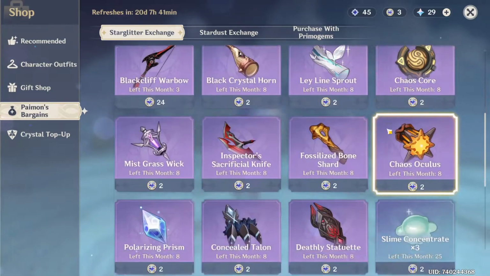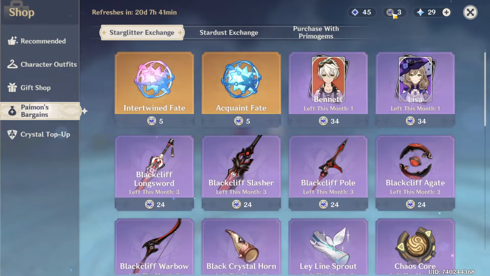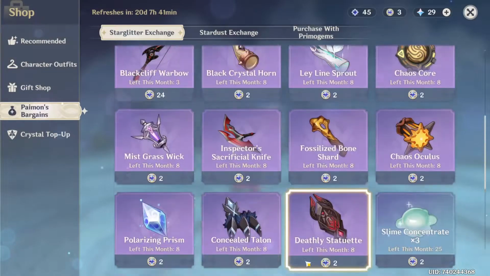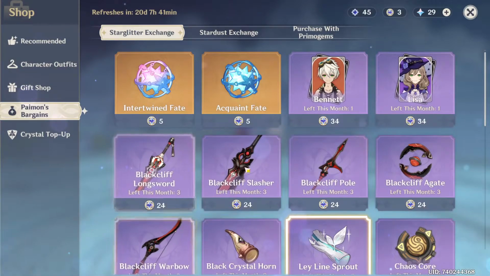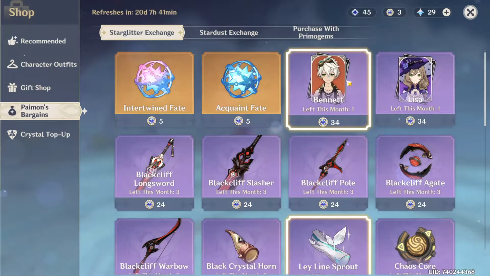So never spend them on materials like this. Do not spend these here. Only spend them on the weapons and the characters. Why? Because as a free-to-play player, you will not have the opportunity to wish multiple times in